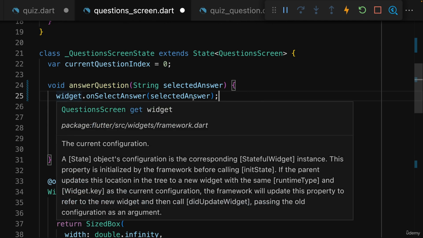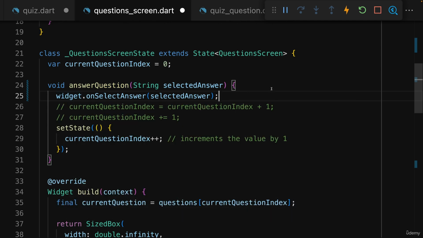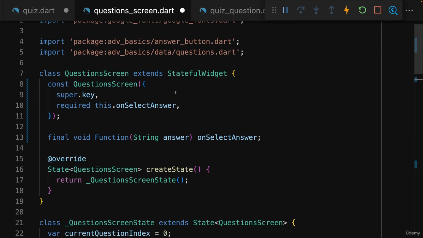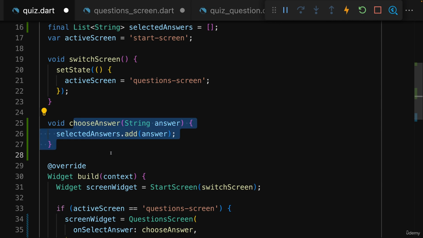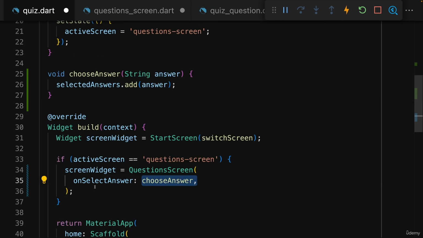And in there, we then kind of forward it to the parent widget of the questions screen by executing onSelectAnswer, which was this function we receive as an argument in the questions screen widget. And that in turn is this chooseAnswer function here, because that is what we're passing as a value for onSelectAnswer